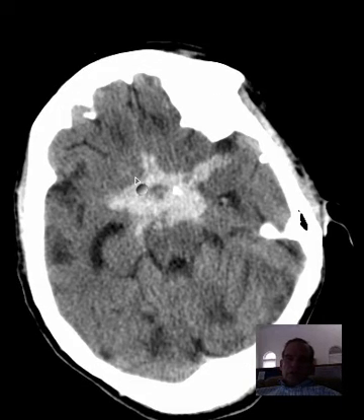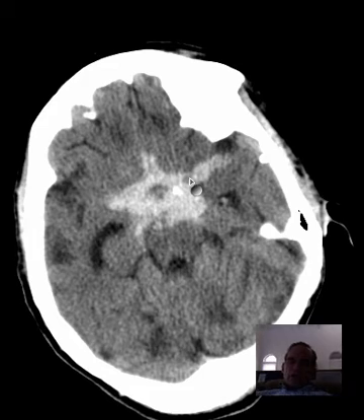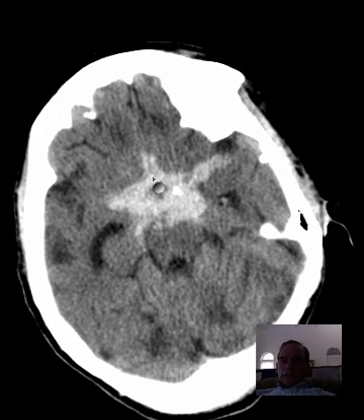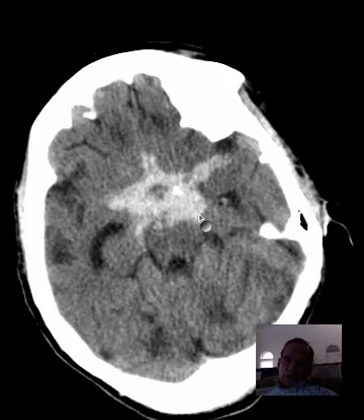Now this stellate configuration represents the circle of Willis and the orientation of its vessels. So you have a middle cerebral artery going out this way, anterior cerebral arteries going out this way, and you have communicating arteries that connect the middle cerebral and anterior cerebral arteries. And similarly, you have posterior cerebral arteries,